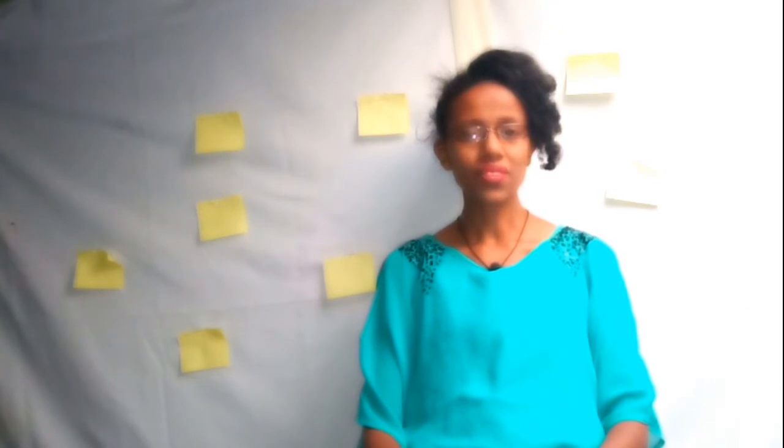Now let's move to cloudy weather. We can use different expressions to describe cloudy weather. These are: it's cloudy, it's partially cloudy, it's overcast. We use this expression if there is bad weather.